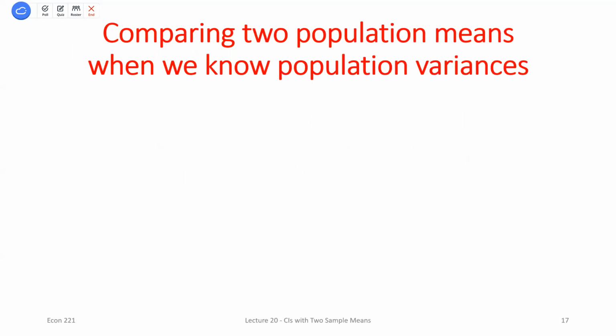But the first one that we're going to look at is when we have 2 population means, and we know the population variances. Okay? I'm going to build this first, try to relate to what we were doing before. So when we were looking at a 1 population example, when we had a sample mean, and we knew the population variance,